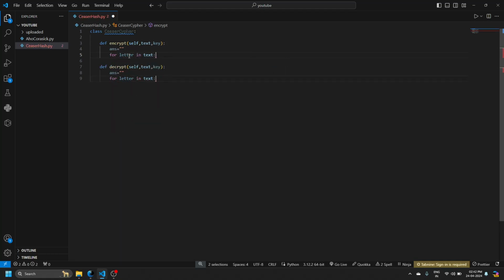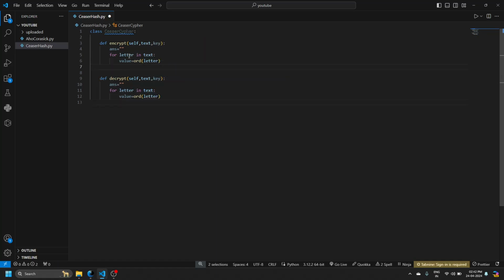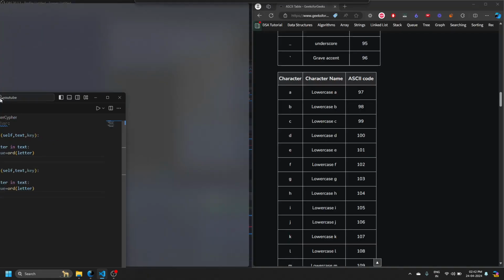in the text, so what you have to do? Just think about it. If it is A, it has to become B. So you have to first convert the actual letter to ASCII value. So let's do that. So let's call it value. So in Python, how you convert is you use the ORD value. Like the converter is called ORD. So ORD of